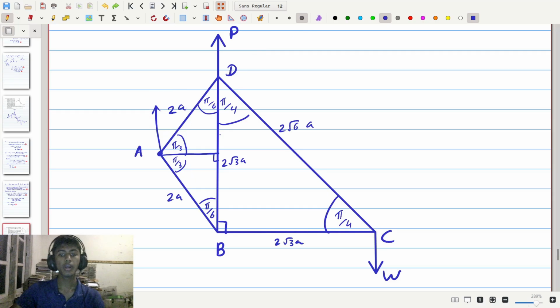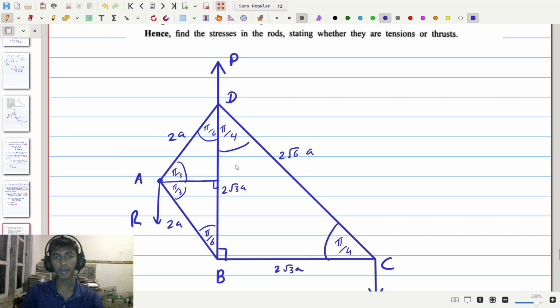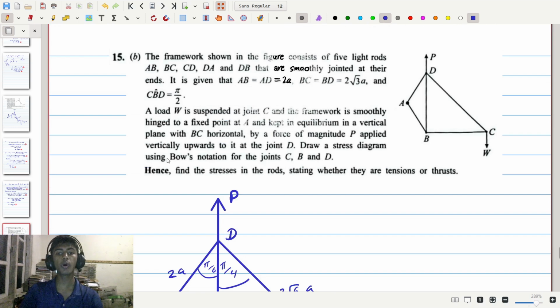And therefore, again by contradiction, we cannot have a vertically upward force at the point A, and therefore the force at A must be vertically downward. So it must be something like this. Now we're going to call this force here R. Now with that, we have completed the diagram, and all we need in order to draw all of the Bow's notation stuff is the value of P and the value of R,